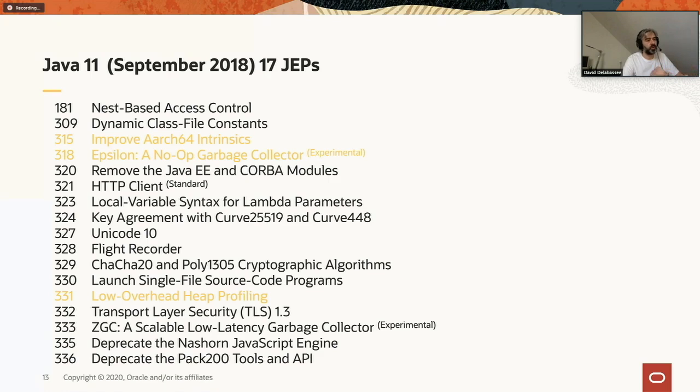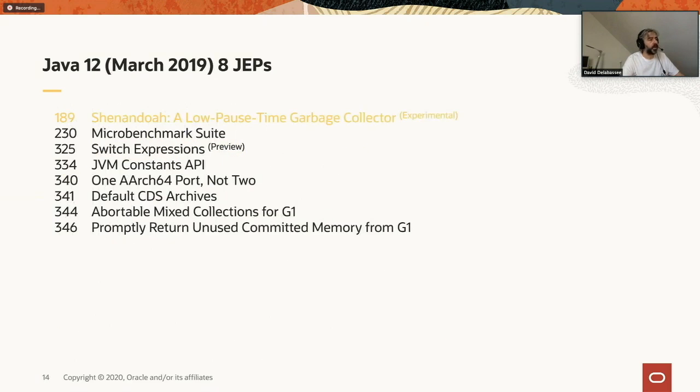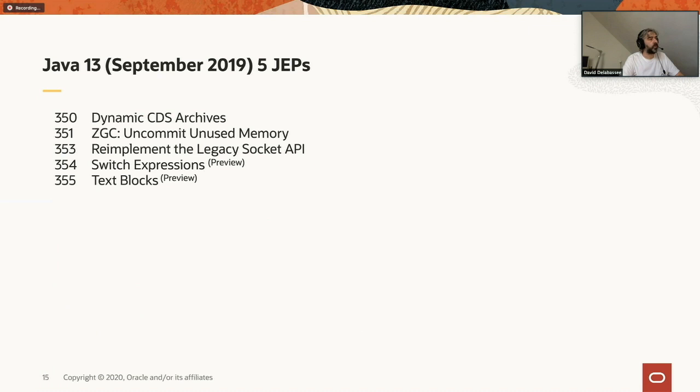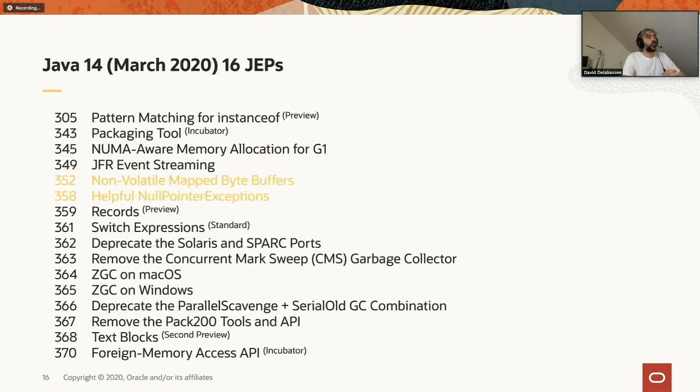That feature will just have to wait for the next one. 12, March 29. 13, September 2019. 13 was clearly a relatively small release. Then 14 was released two months ago, which compensates for the fact that 13 was really modest. Again, the only thing driving those releases is the dates, not the content.